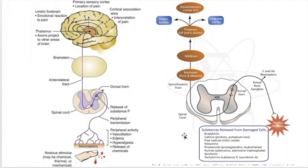Glycine, serotonin, norepi, and endogenous opioids, which would be your enkephalins and endorphins, inhibit central nerves so that they can decrease that response. Of note, the endogenous opioids are a family of morphine-like neuropeptides, and they block transmission of pain impulses in the spinal cord, brain, and medulla. They also inhibit